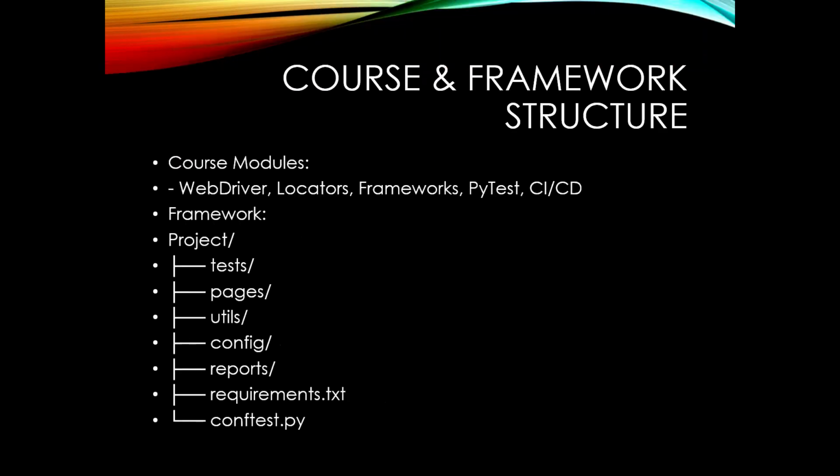Yes, this is a sample framework. It's not a complete framework, guys. The WebDriver, locators, frameworks, PyTest, CI/CD, and a framework structure like in this project. We have the tests, the Python tests, and the pages, the page object model pages, and utils, where we have